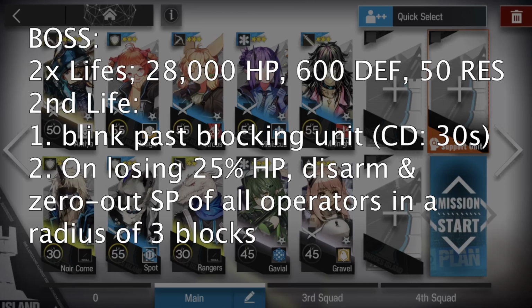The boss of BI-8 has 2 lives. Each of them has 28,000 HP, 600 defense, 50 resistance. And the second life of the boss has some very tricky skills. The first one is it can blink past any blocking units, and the cooldown is 30 seconds. It is quite similar to the skill of Crown Slayer, but the boss also deals heavy damage when blinking past